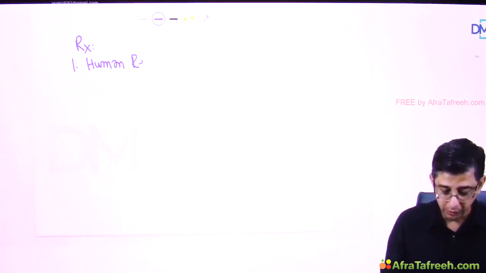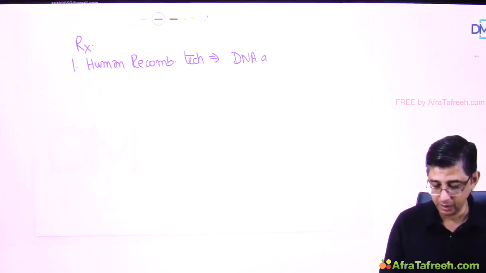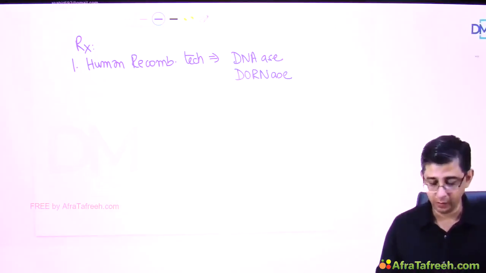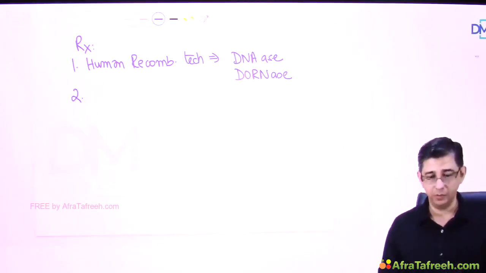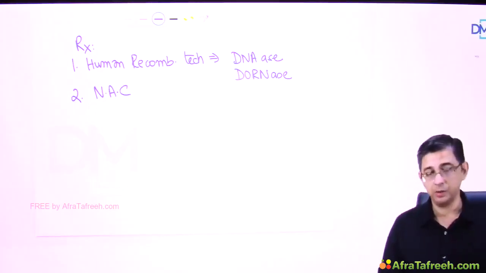So we use human recombinant DNA technology, and with the help of this technology we are able to synthesize what is called DNase or dornase, and this will decrease the tenacity or reduce the viscosity of the sputum, and therefore the antibiotic penetration and the ability of the patient to cough out the secretions will be relatively better. In those situations where we are not able to procure DNase for the patient, we also use N-acetylcysteine, and